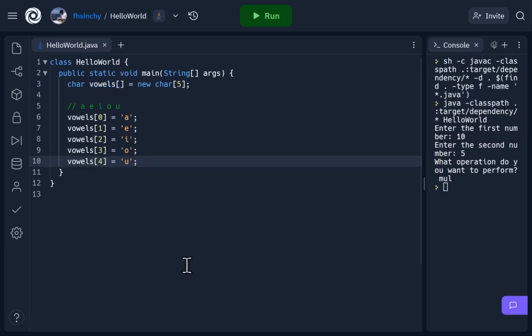You can also print out these individual vowels using the same square brace syntax. So if I copy vowels 2 from here